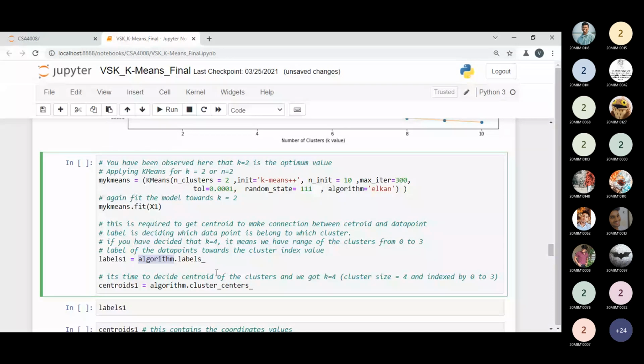To read it, I use my kmeans dot labels, and in the same way I can get the center values with my kmeans dot cluster centers. Cluster centers and labels are public variables we can access outside the class by using the object.